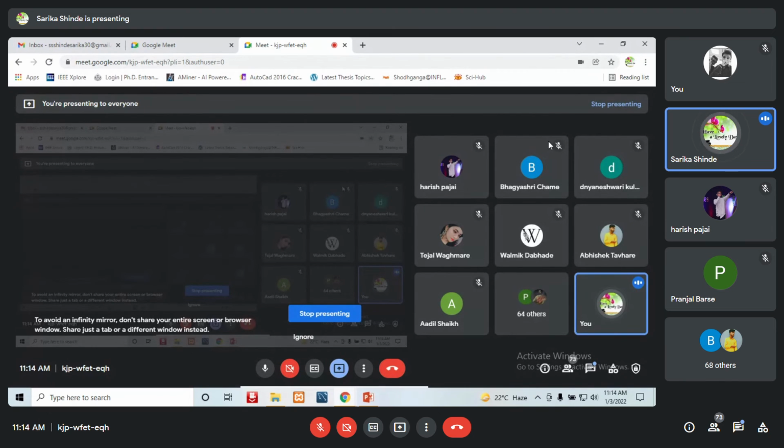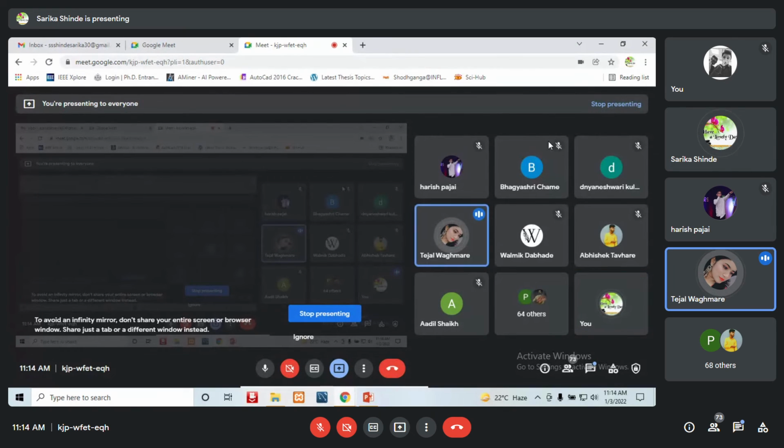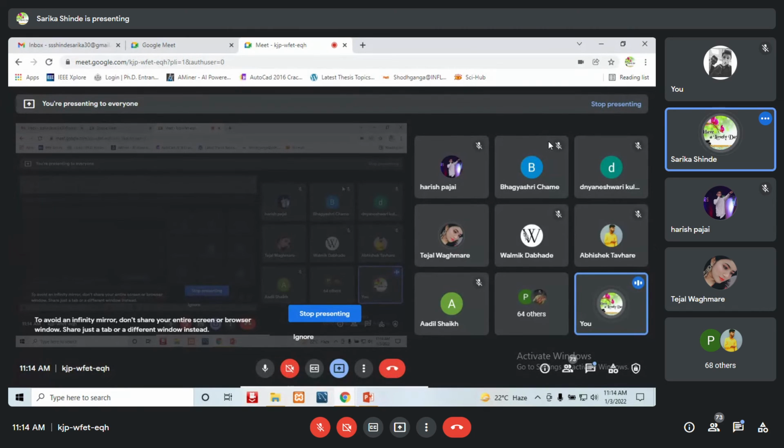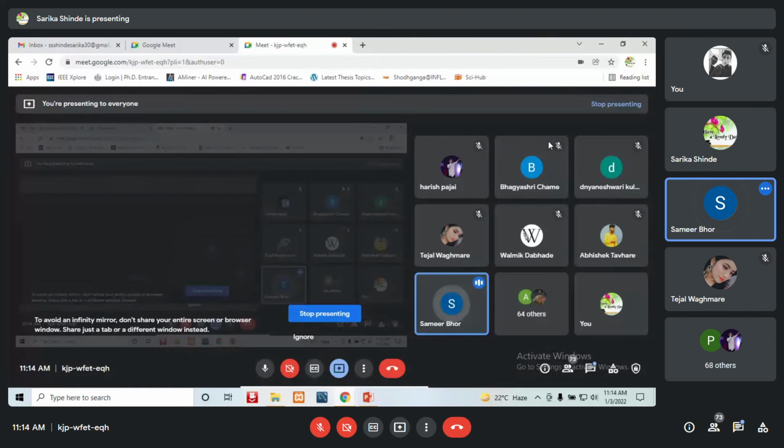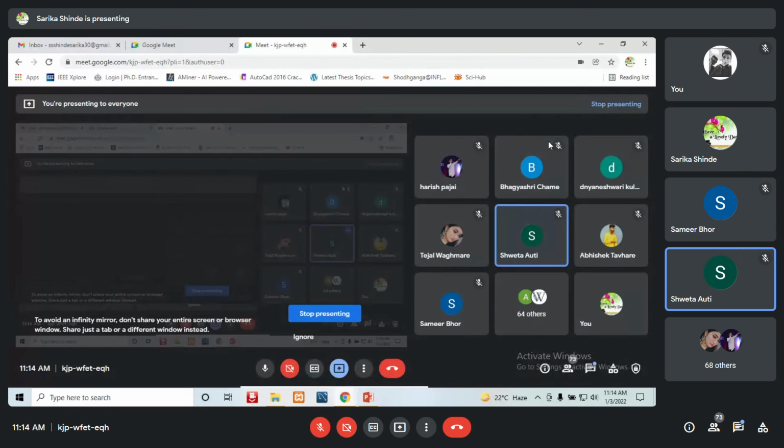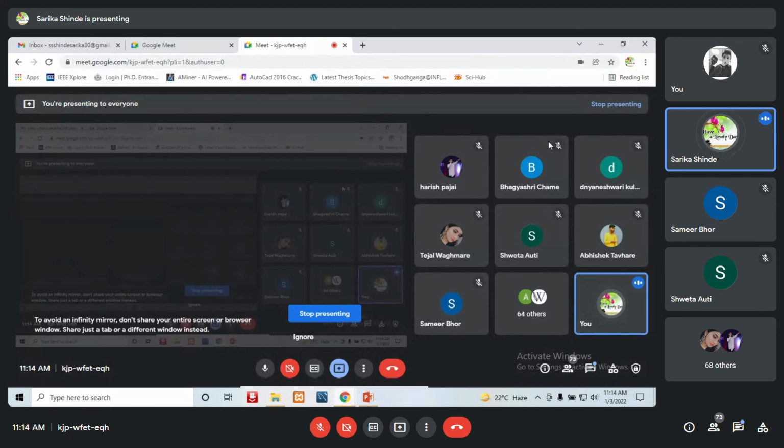Then give me attendance. First regular. Tejal Wagmati, roll number is 102. Regular first. Roll number 1 to 10. Roll number 9, ma'am. Roll number 5. 1 to 10 done. 11 to 20.